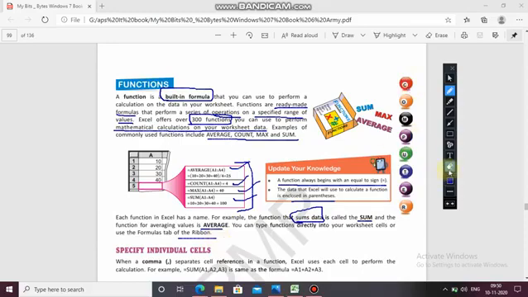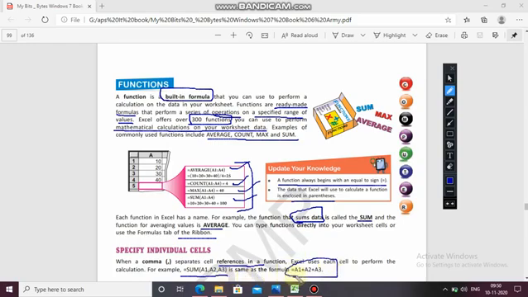Now, specifying individual cells. When a comma separates cell references in a function, Excel uses each cell to perform the calculation. For example, =SUM(A1,A2,A3) is the same as the formula A1+A2+A3.